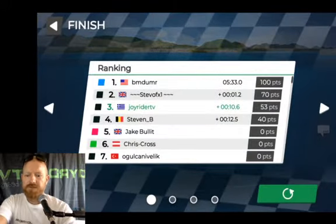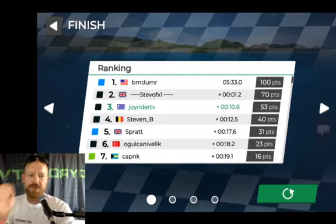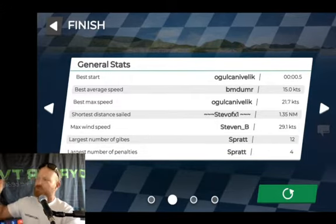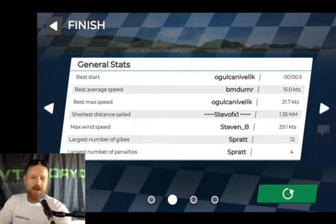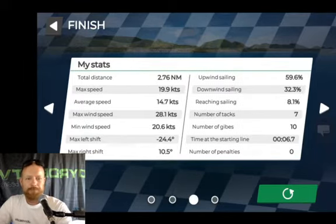There it is. Let's screenshot the results so we can put the results together later, and just have a quick look at the statistics. Mr. Spratt beat us for jibes. What? He has definitely got a couple of cans of cider this afternoon. There's the Turkish boat, maximum speed. Who had the most penalties? Mr. Spratt as well, which is...